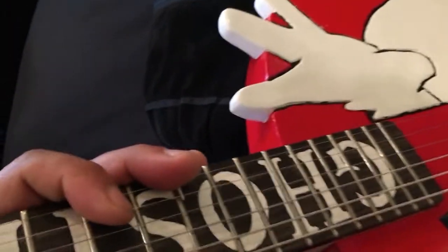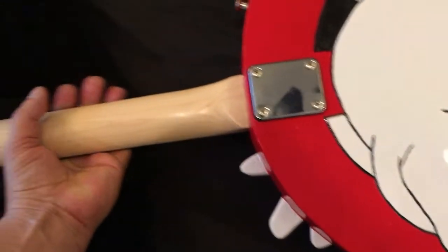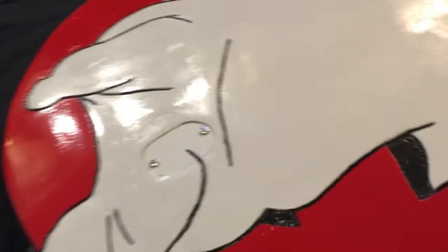Yeah, here's the back. Check out the back. I thought, wouldn't it be really cool, on the Ghostbusters symbol, if you actually saw the back side of it when you flipped over the guitar? And to me, this is just funny. When I first was doing it, I couldn't stop laughing, because it just came up with that back end of the ghost and the access panel to the volume knob, the potentiometer. I wanted to put it just a little to the right because I didn't want it to seem like it was his. So it turned out really cool, and with the 3D bits and his foot hanging off there,